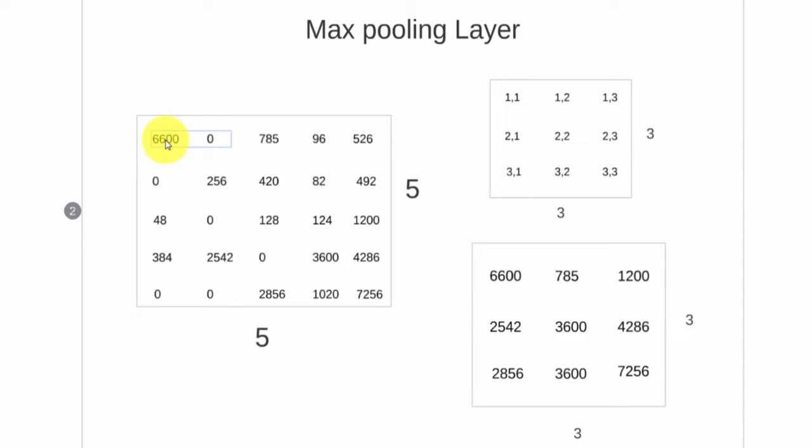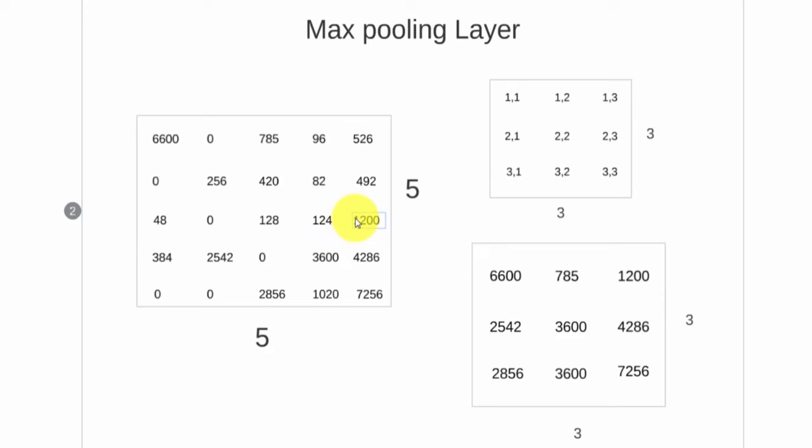Now if I move one column and take the next 3 by 3 matrix here, the highest number is 785. So you're going to get 785. If I move another column and take these 3 by 3, then the highest is 1200. Now if I move one down, and take this 3 by 3 matrix, the highest number is 2542, and then so on, and then I go one down further, and then I move one column at a